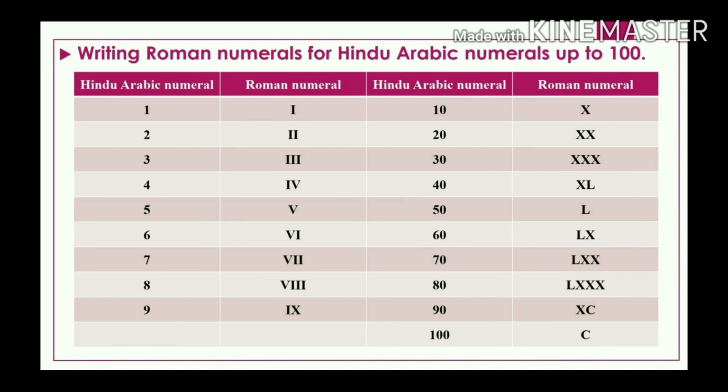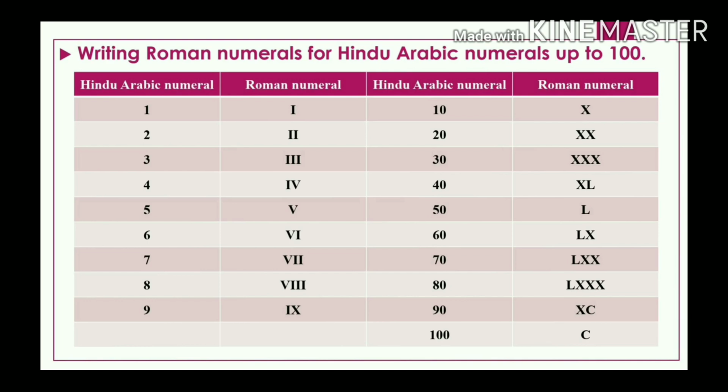For 1, I; for 2, double I; for 3, we have used 3 times I; and for 4, we'll use IV; for 5, V; for 6, VI; for 7, VII; for 8, V triple I; for 9,